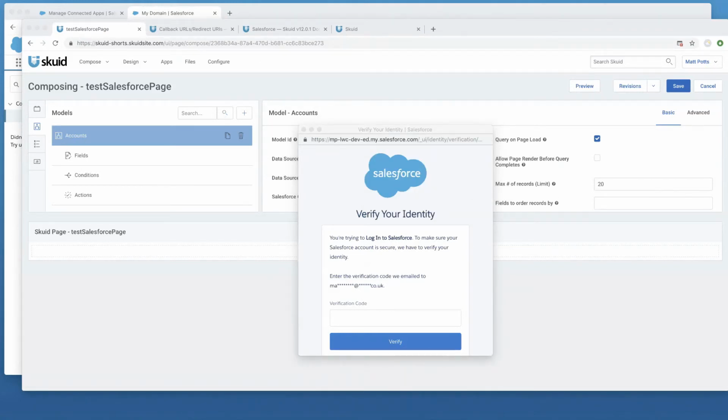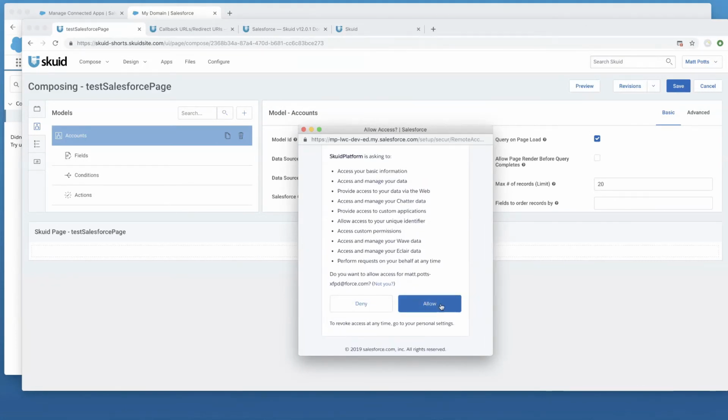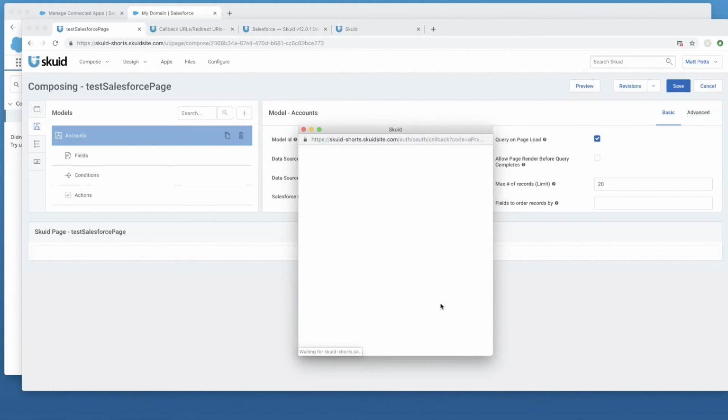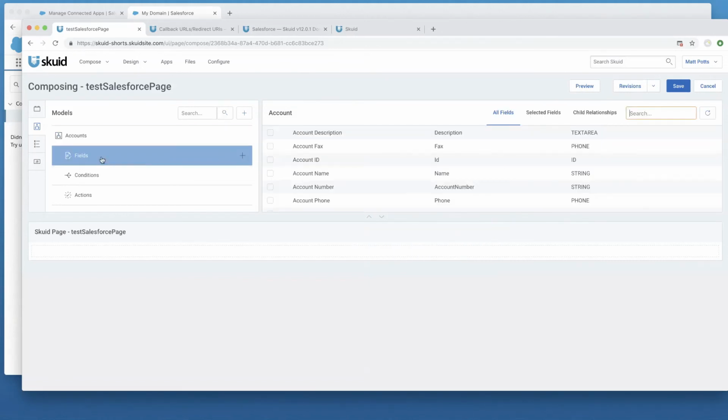And because Salesforce has two-factor authentication enabled in the particular Salesforce org we're connecting, I need to type that in. So the email has just come through. And with any luck now, if everything's worked correctly, after I authorize the Skuid site, I should now see a list of all of the objects in my Salesforce org to connect to. Rather than view the complete list, let's just do the autocomplete on account, leave the default settings,